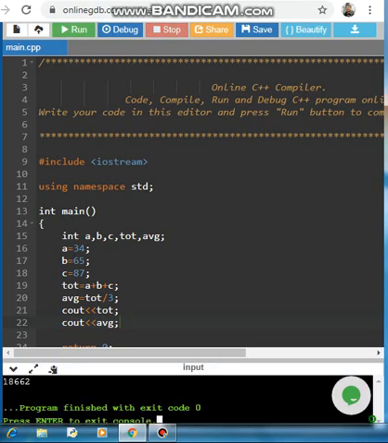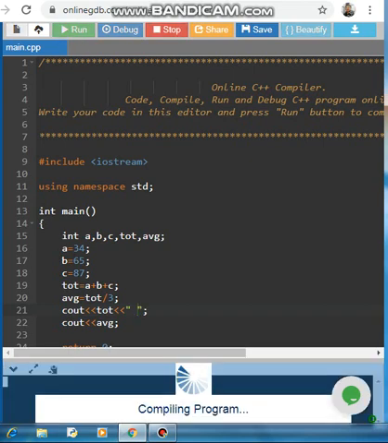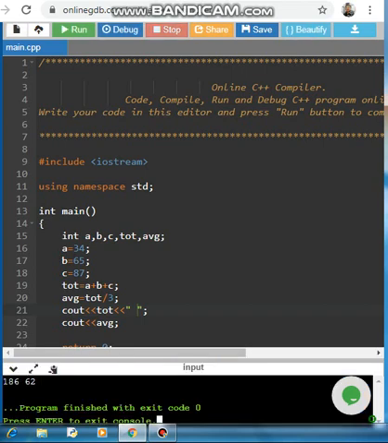See, the output is coming, but it is coming together, students, together. So how can I make a difference between them? I can add one more double less-than symbol, and I can specify a gap here so that I can get a gap in the result, so that I can know which is what. This is total, this is average. Fine students. That also I can make more clear.